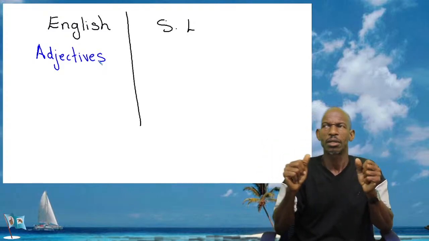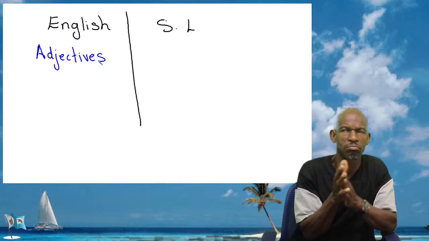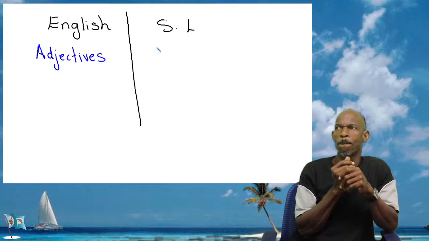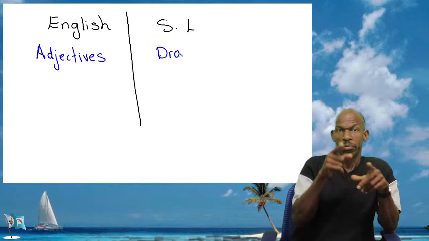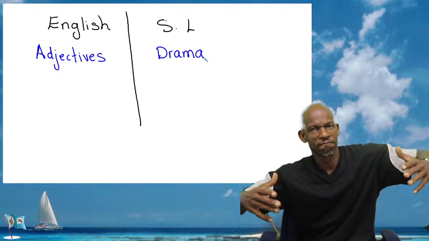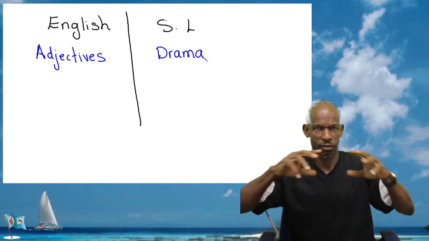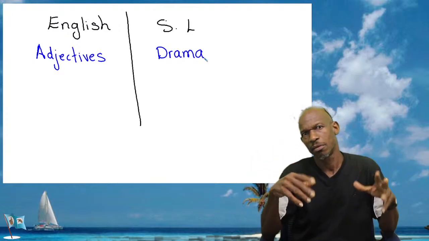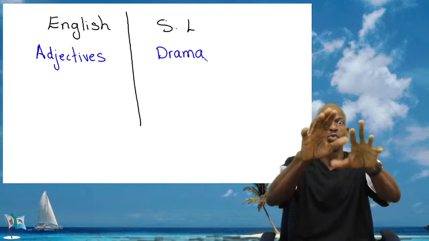A person who signs will use adjectives, but you'll use a lot of, and you call it, to me, drama. You use a lot of drama, and you use your body, you use your hands, your face,